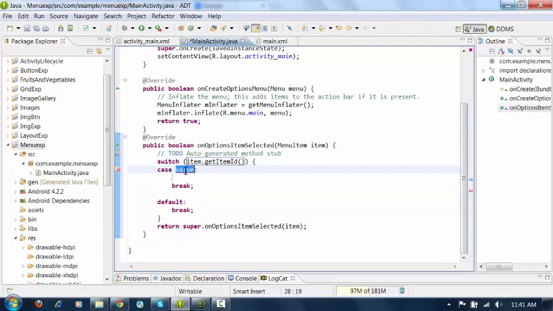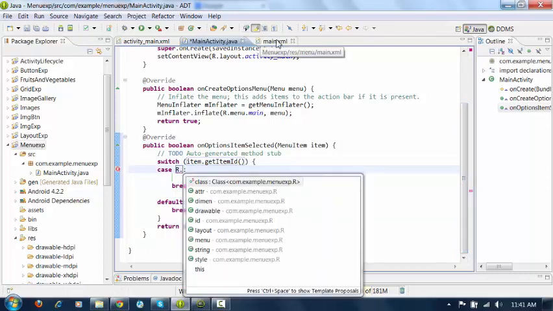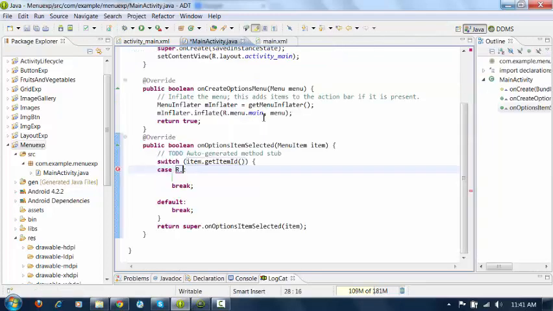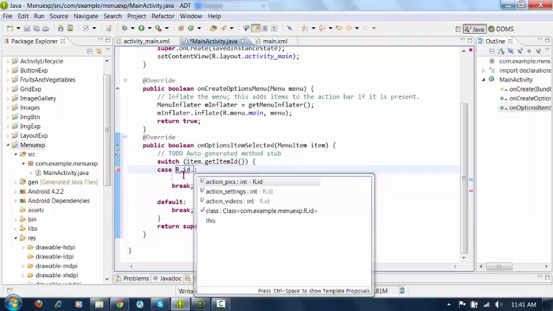So how to compare? Here I will add the ID, first ID. What is the ID for your first item? That is action settings. You can see here the ID for your first item is action underscore settings. I'll copy that and write R dot id dot, you can check it here itself, it is showing the options, action underscore settings.